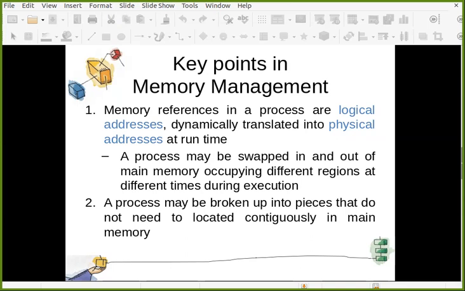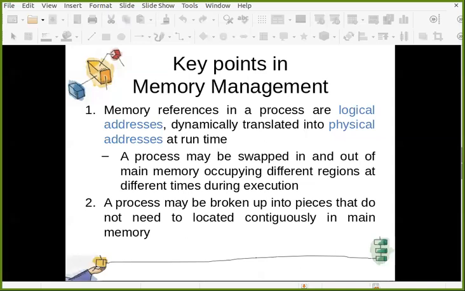A process which can be swapped in or out of main memory may occupy different regions at different times during execution. Because of that, you cannot fix the location in main memory for those parts of the process. That's why, rather than giving fixed locations, all these processes have logical addresses, which are fixed.